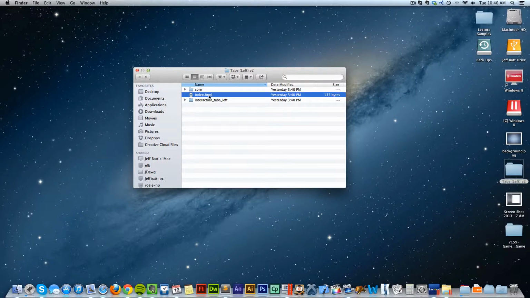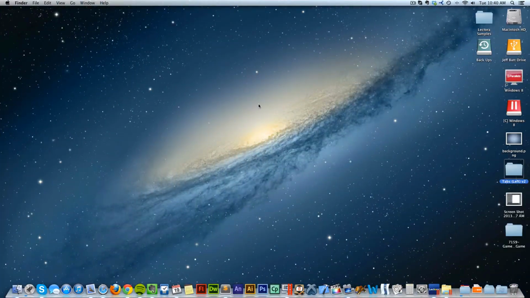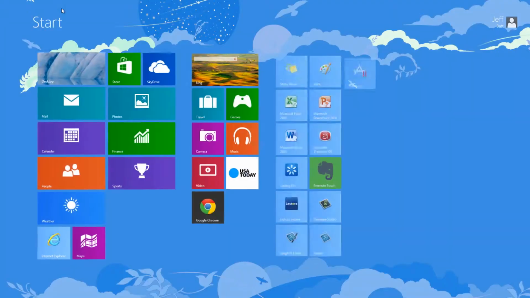Now, because Lectora itself has the main course running inside of an index file, you actually want to rename this index file to something different. So I'm just going to go ahead and name this tabs. It doesn't really matter what it's named, but it does have to be something other than index.html. Otherwise, it will run into some issues when you try to bring this inside of Lectora. So that's the first thing. Then come into